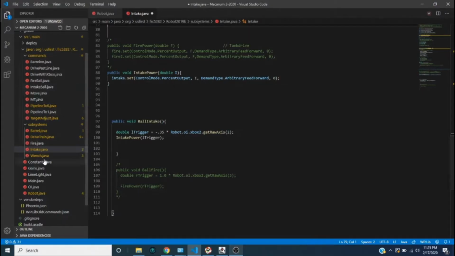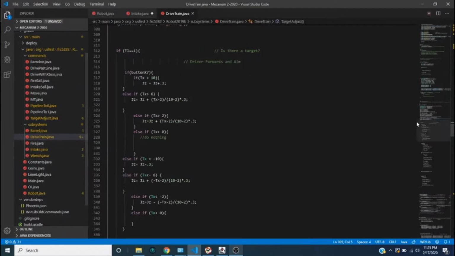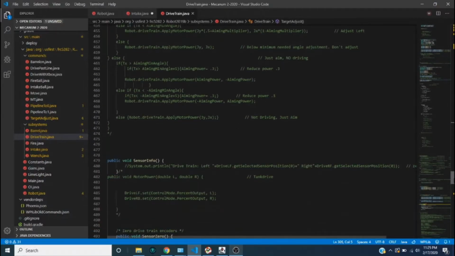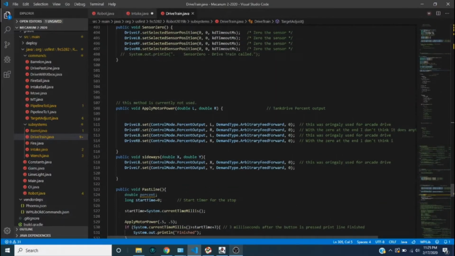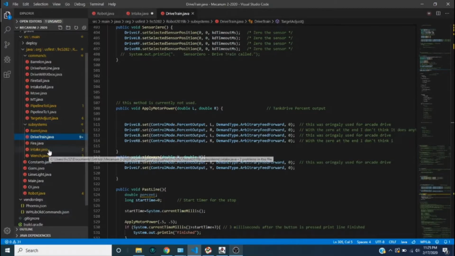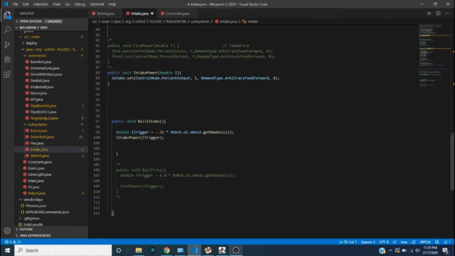This might look very familiar from the drivetrain, where we use the same thing for the Talons for moving the robot. So this line is the exact same for the firing of the ball. So it's doing the same exact thing, just telling the motor to move with the value it gets, because we're using triggers. Which triggers, if you look on the driver's station,